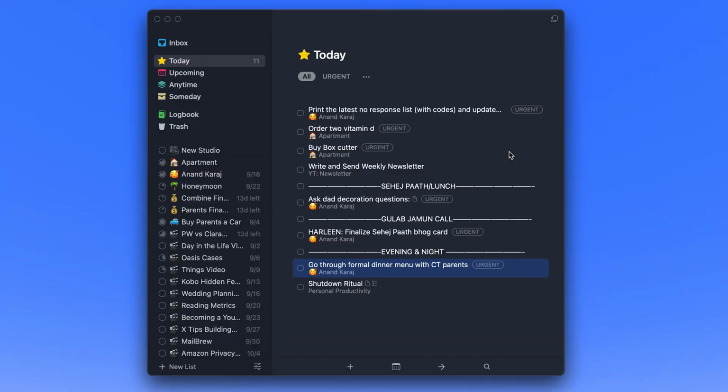So what I'll do now is quickly drag and drop different tasks I have for today into different parts of my day so I know when I have to get those things done. Let me do that right now. All right, now my day is fully scheduled for today. Again, normally I would do this the night before, so I wake up in the morning with a clear plan for the day.